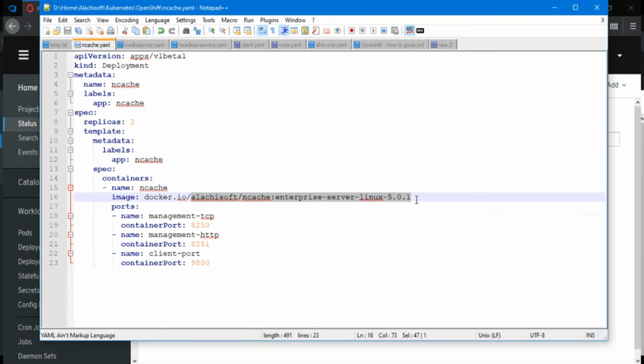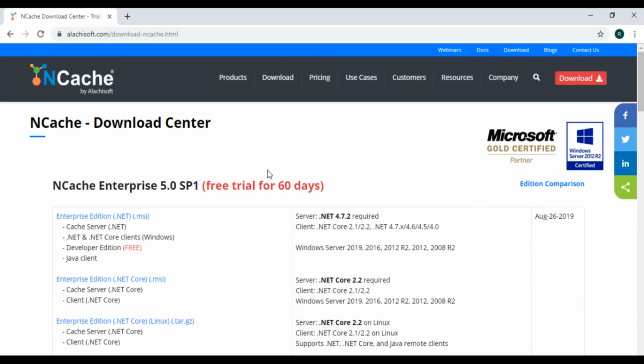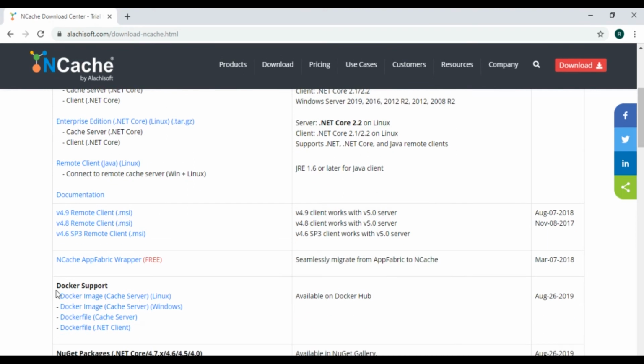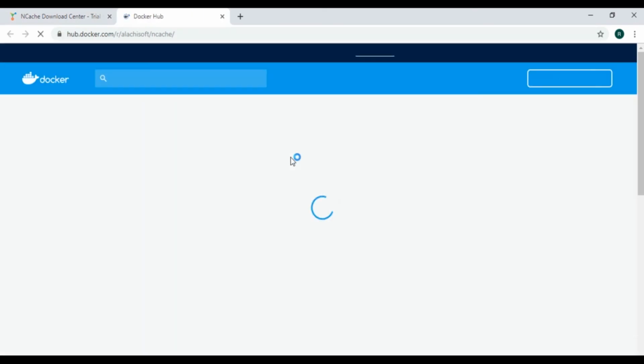This is the NCache Enterprise Server Linux Docker image, which is available on Docker Hub, and you can also get a reference of this from our download page as well. So if you go to NCache products, the download page, you should be able to see this image right here, the cache server Linux image, which is available on Docker Hub. If I click on this, it takes me directly to Docker Hub, and that's where you can pull this